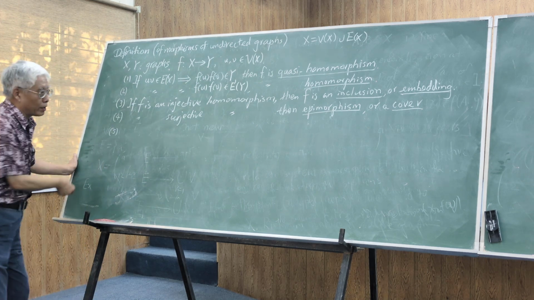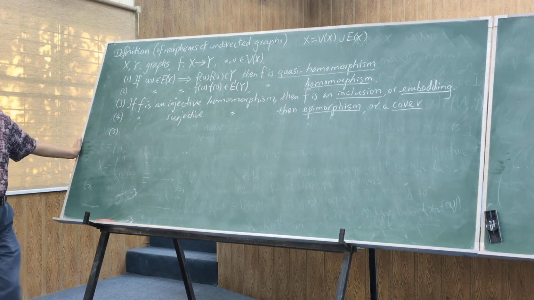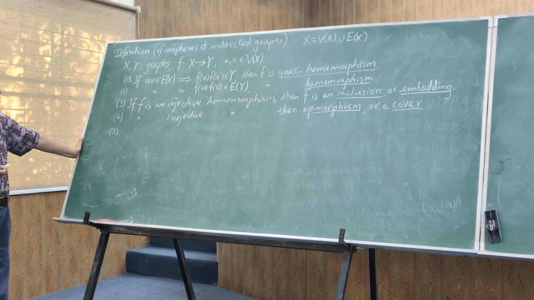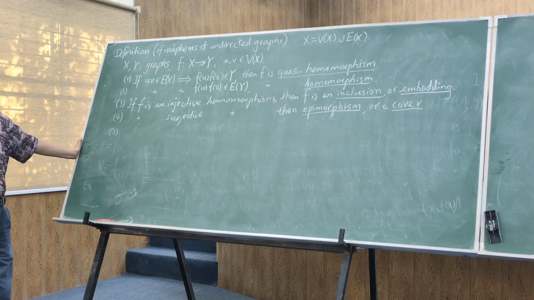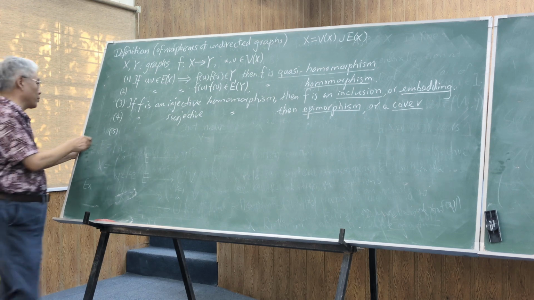I think it's going to be 10 or 12 now because in the slides there are only 4 or 5 of them. So if a bijective homomorphism whose inverse is also a homomorphism, bijective means it has an inverse. An inverse is also a homomorphism. We only require it's a homomorphism. Edges are mapped also by the inverse to the edges in the original graph. Then we call it an isomorphism. So the isomorphism is